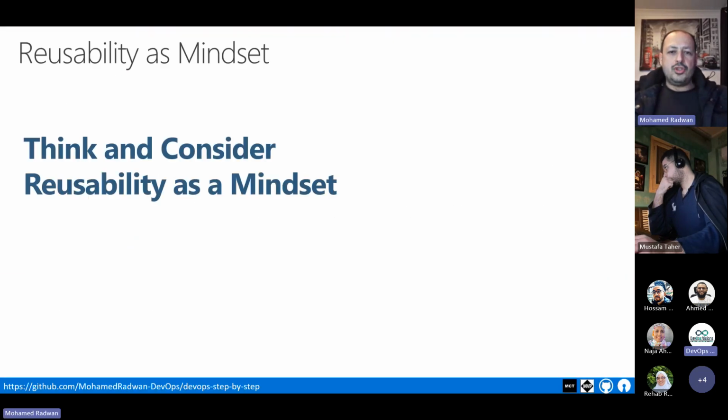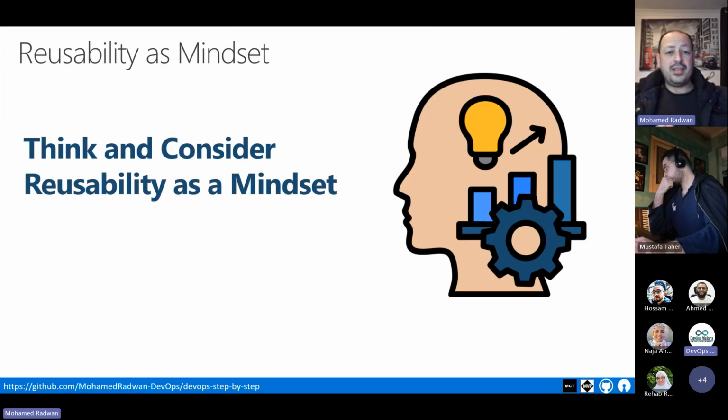Okay, so just to consider reusability as a mindset: I think this is the first thing that we learn when we start developing code. Create a function so you can reuse this function or method many times. But again, I don't think this mindset is only for functions. This is the first thing you usually learn when you start developing, by having one function that you can recall.